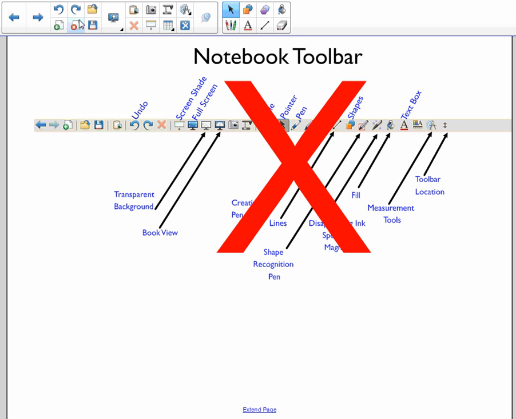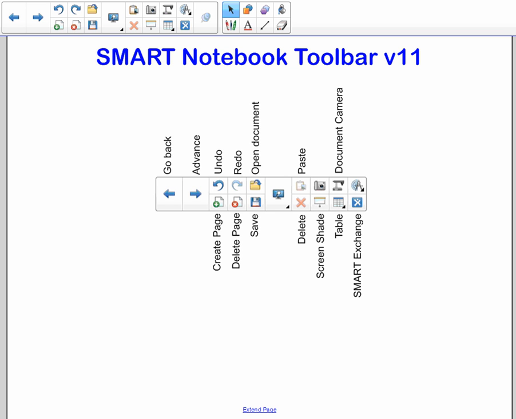Up at the top, I'm going to go over each tool up here, one at a time, and demonstrate how they can be used. You will find that it's very similar to Microsoft Office. When you click on one tool, additional tools open up at the top. The first segment up here is explained in this diagram, and